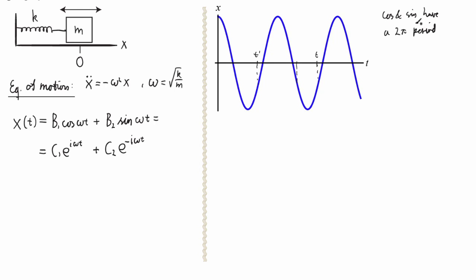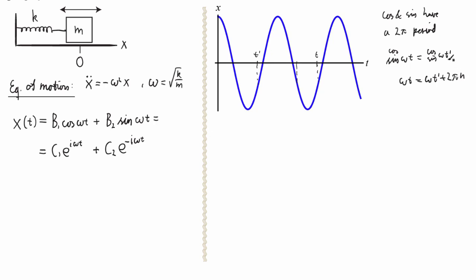So that means that if I take sine of omega t, or for that matter cosine of omega t, and set that equal to cosine or sine of omega t prime, then that's the same thing as saying that omega t equals omega t prime plus some integer number of 2 pi. Okay. If we're looking for t minus t prime being exactly equal to 1 period, then n should be